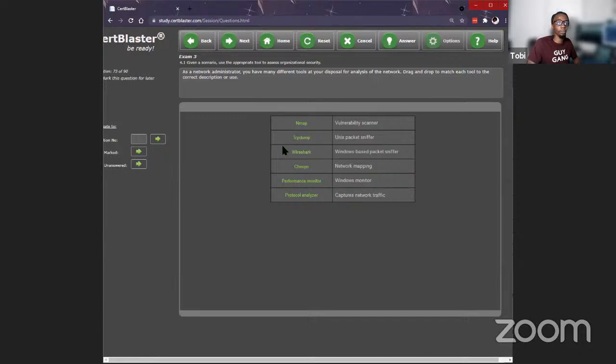Both of these do the same thing, but this one is specific to an operating system. Yes, you can use Wireshark on Linux. However, for this question, for what CompTIA is asking us right here and right now, we're going to go with tcpdump, don't go with Windows. Exactly. Good job.